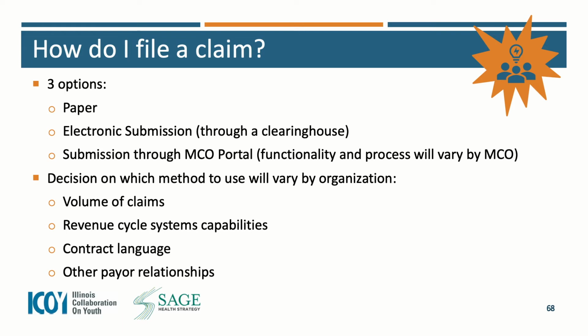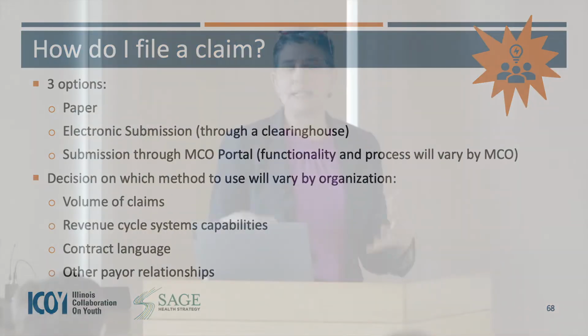Deciding how you want to submit claims is obviously an individual organization decision, and it really will depend on a number of factors. If you're a very small agency, not doing a lot of volume, and you don't have a lot of automatic and technological processes in place, you may want to just stick with submitting paper claims. If you're doing a high volume of claims, it definitely makes sense to move to electronic billing. I know the MCOs always prefer electronic billing. You get paid faster with electronic billing. And then